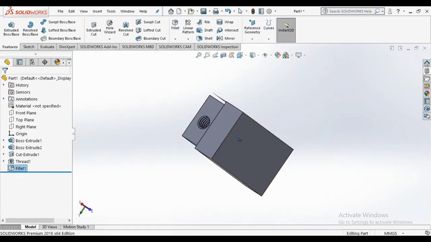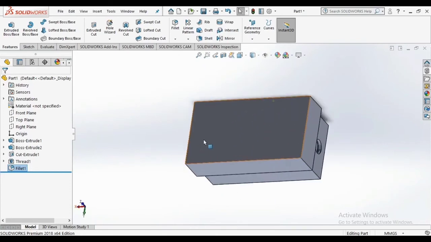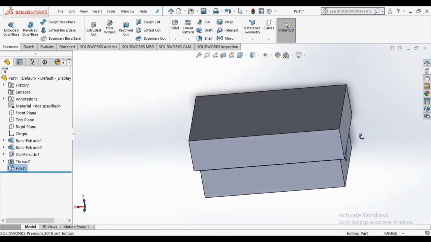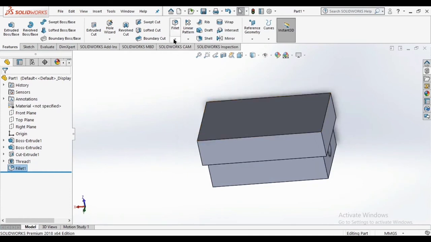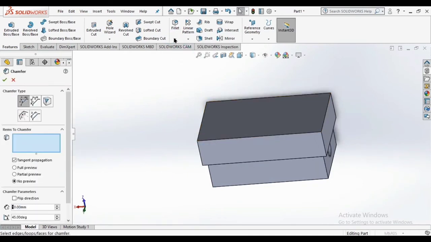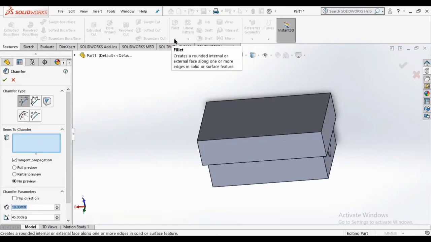Now we will use the feature called chamfer. Just click on the arrow below the fillet, you will get a drop down menu, and then click on chamfer. It's the same as fillet, but fillet makes curves at the corner, while chamfer does not curve, it is just straight but on an angle.